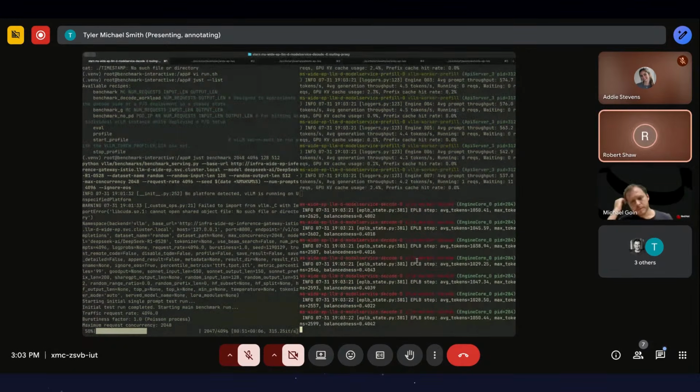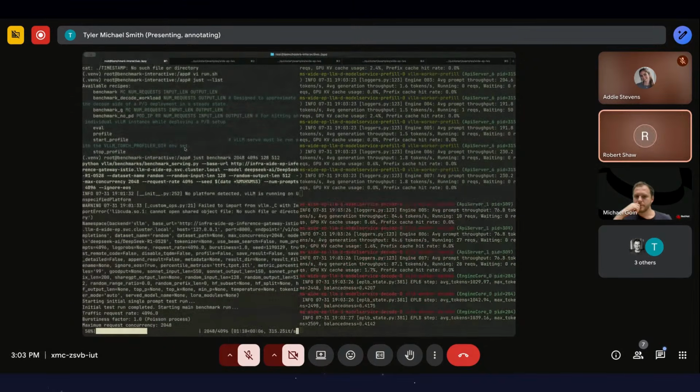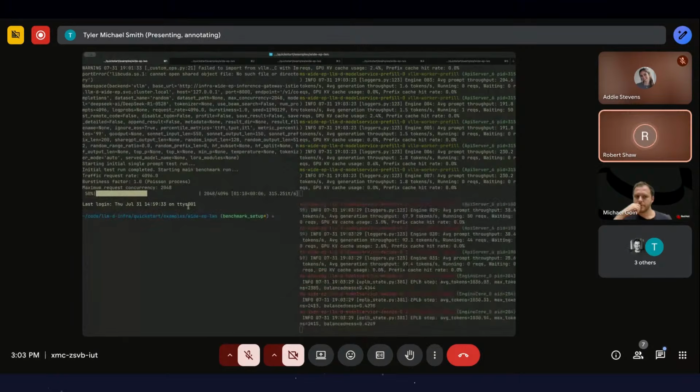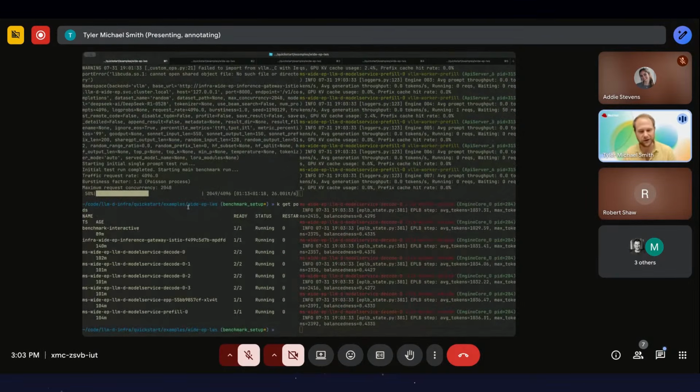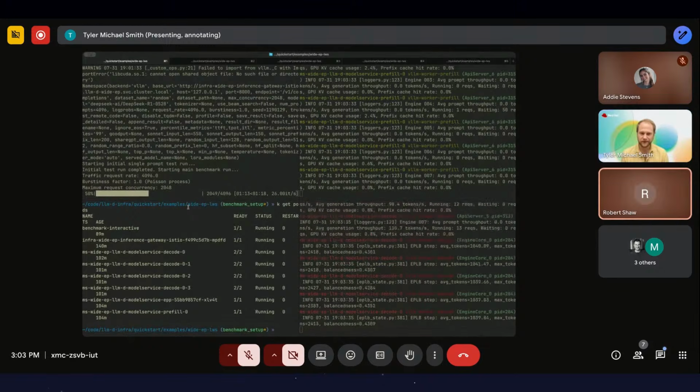Tyler, could you throw up the kubectl get pods for a second, just to show what's in the namespace? Yeah, so I did that right at the beginning, but I don't have it up. Yeah, right. No worries. I mean, I can see it, but